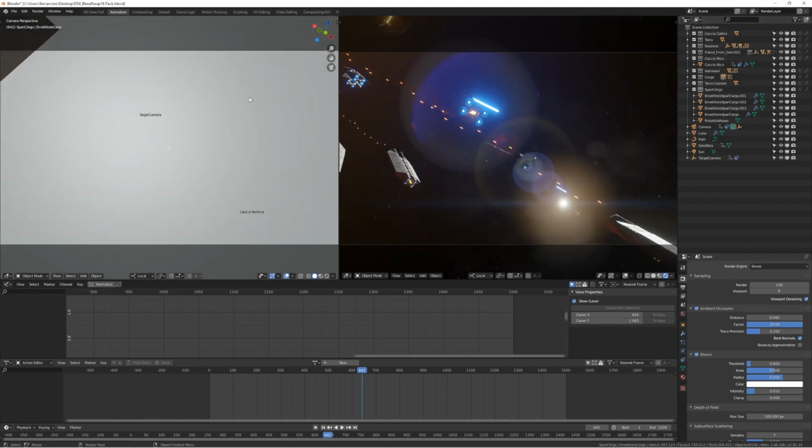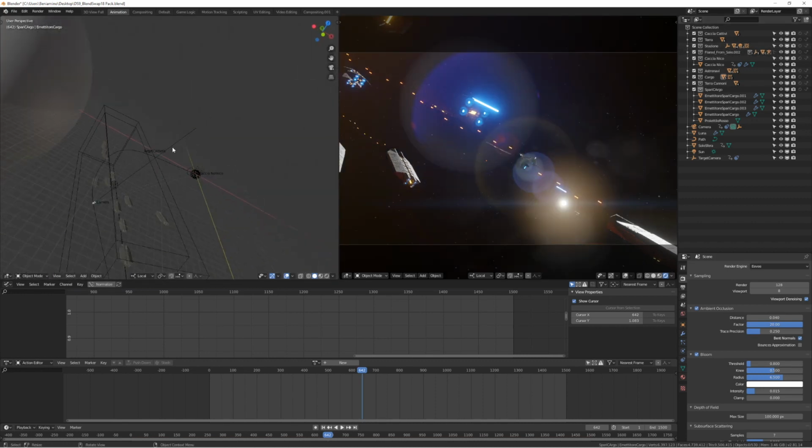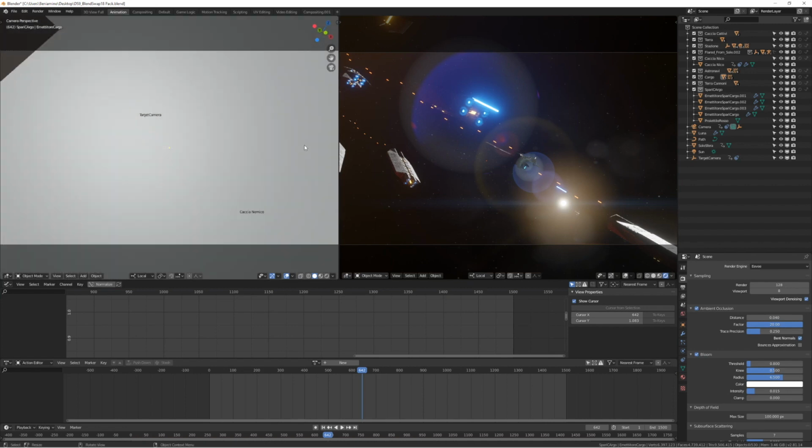If we have the flare active but we change from the camera view, we don't have any problems. But if we are in camera view, we see the polygons of the object of the flare, and we have big troubles. So you can work in render view in this way, or you can make your flare as you want, arrange it and make it better, and then work on your scene,